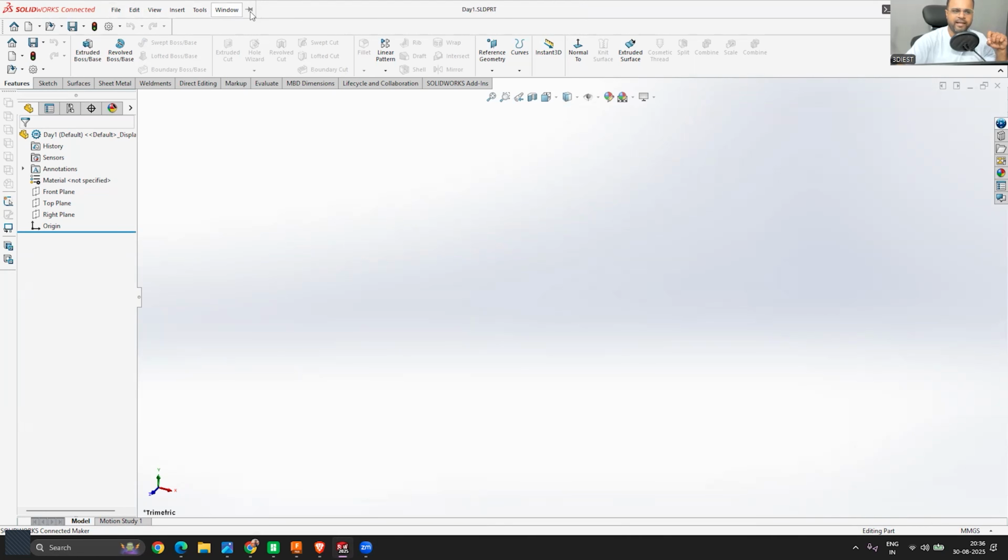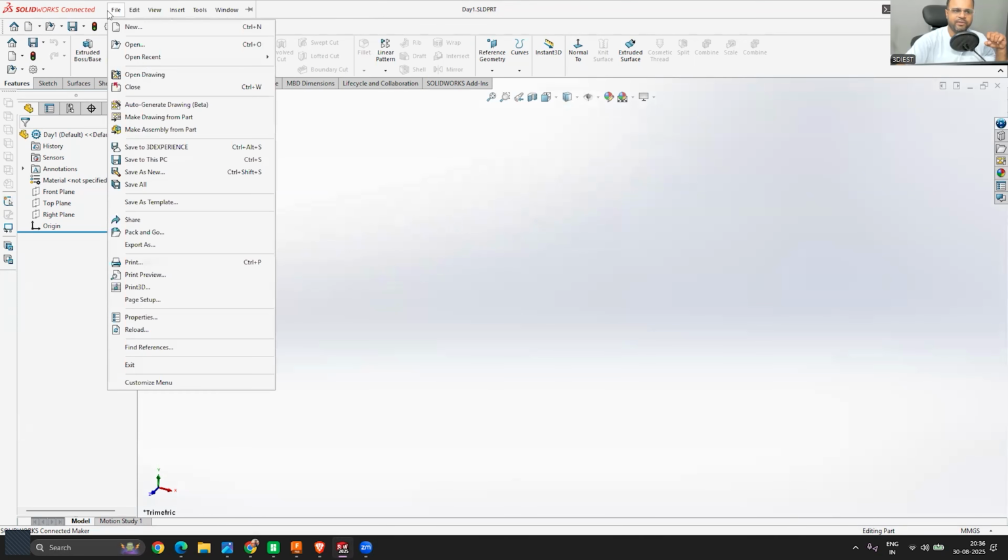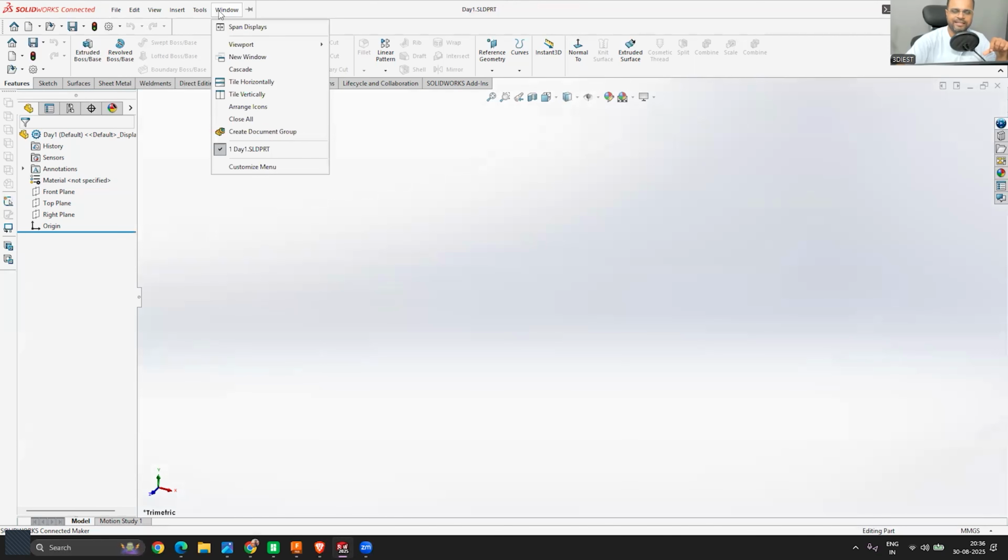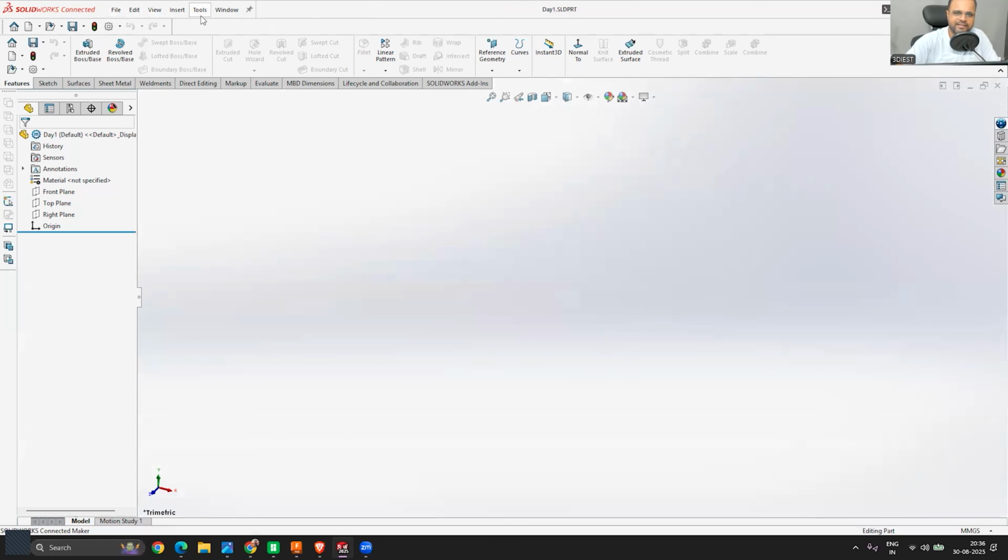Can you see this small pin icon? If I click on the pin icon, you can see that it got unpinned. This means it automatically gets hidden into this area. The moment I move my cursor onto this area, it will come back. Now if I want these options to always sit on the top, I will simply click to pin these options over here, and now even if I move my cursor, it is still sitting in the same position. So basically it's like a drawer, where if you turn off the drawer, you can close the drawer, right? And once you pin this drawer, this content will always be sitting on the top.